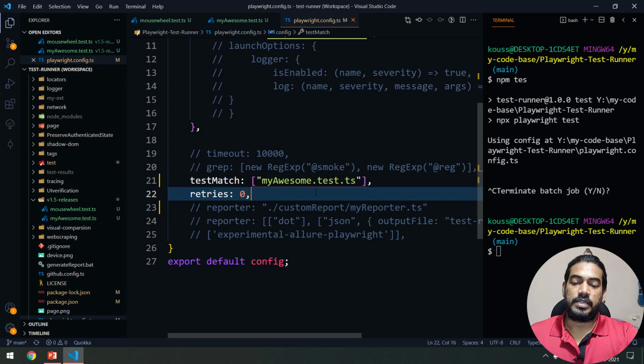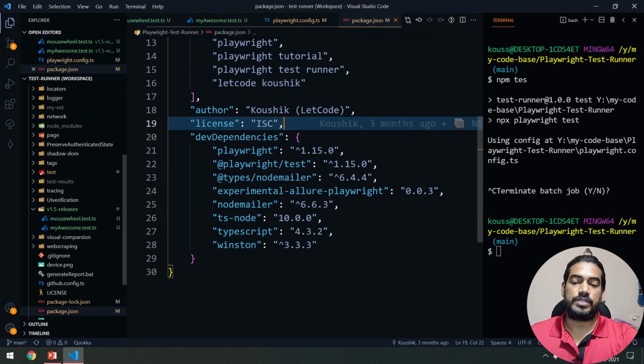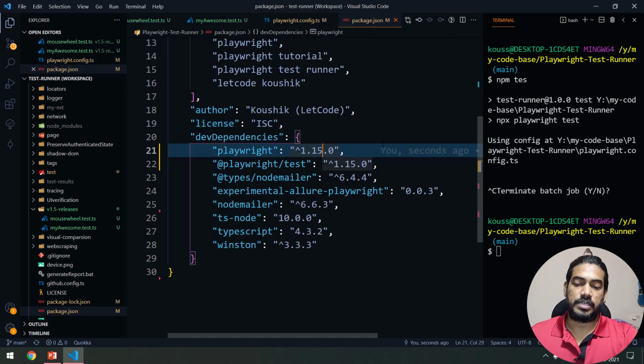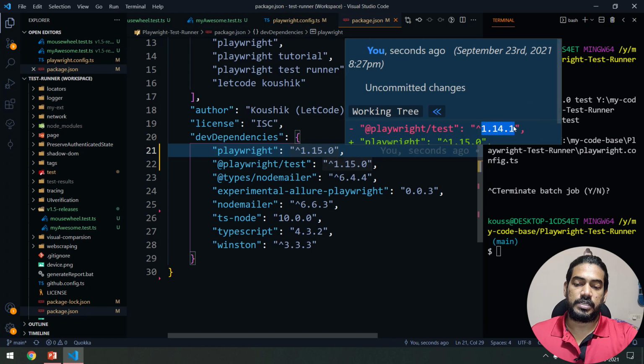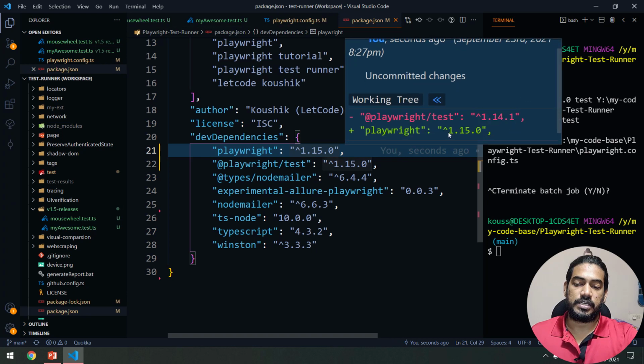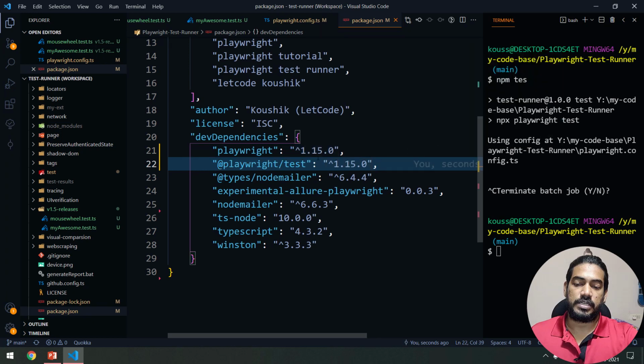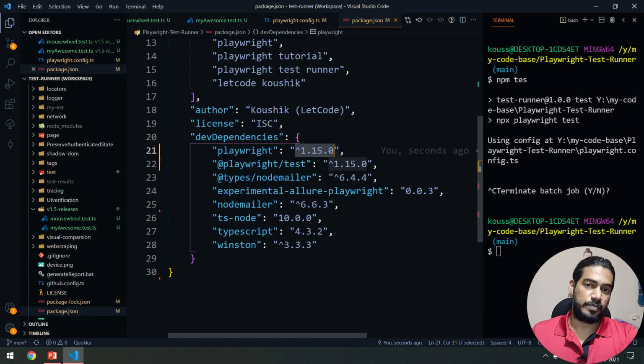Of course, you have to go to your package.json first and change this dependency. Previously I had 1.14.1, now I have changed it to 1.15.0, and you know how to do the update. Just change the version, bring up your terminal and use npm i, which will download the latest version of Playwright along with the Chromium and Firefox browsers as well.